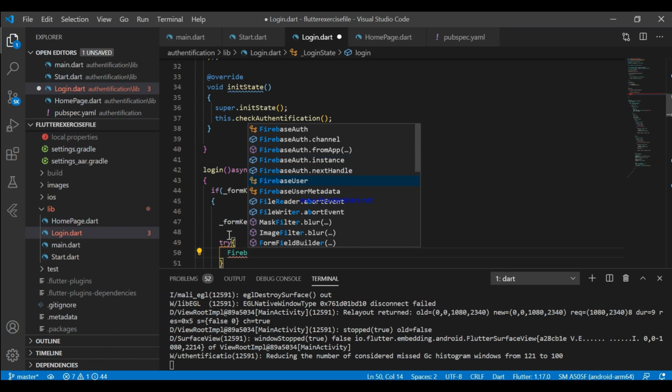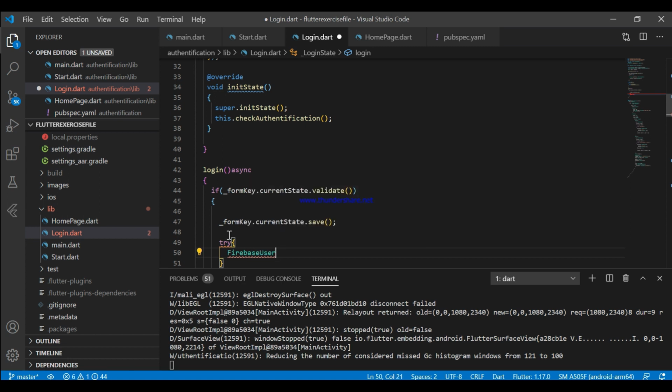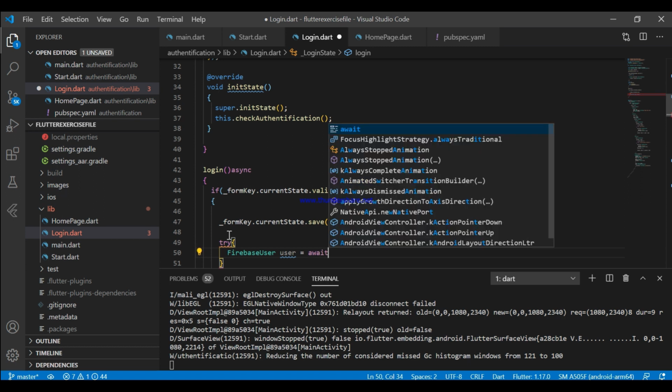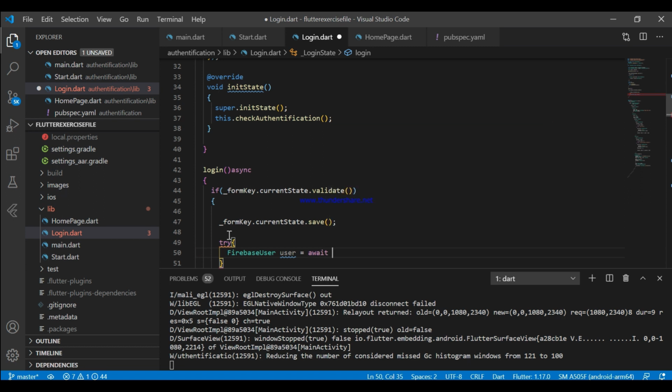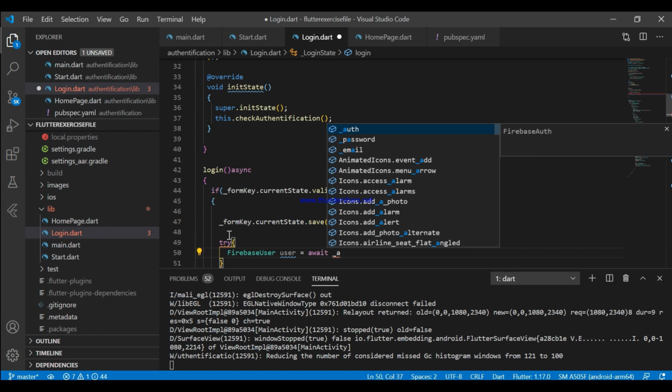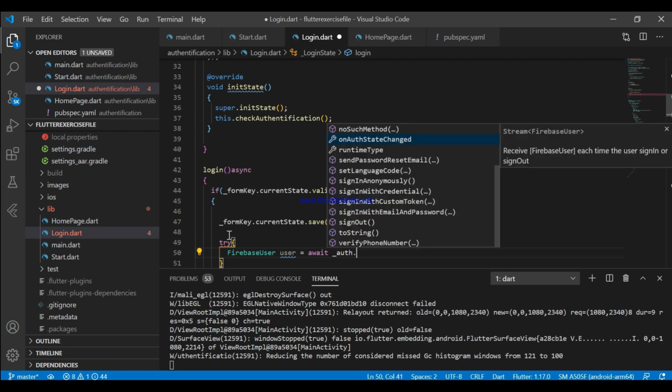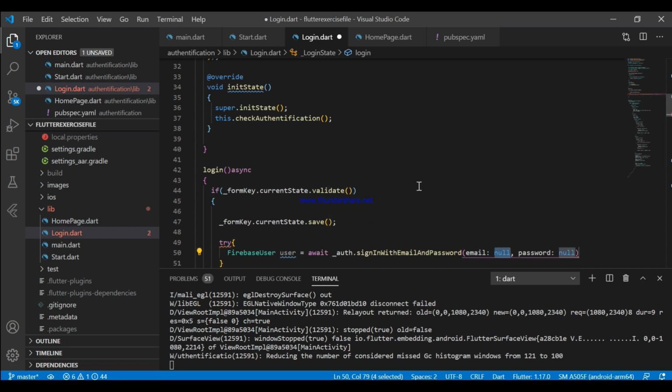Now for logging in, there is a chance that it can go wrong, like the user will enter a wrong email or password. So for this we are using this try catch. And in the try block here I just try to log in the user, signing in with email and password.